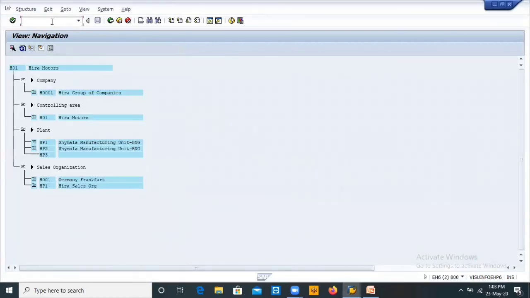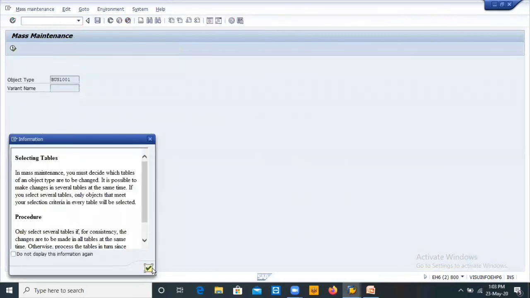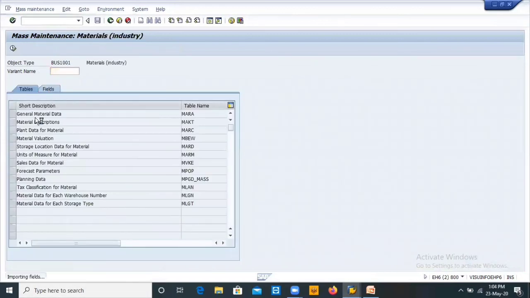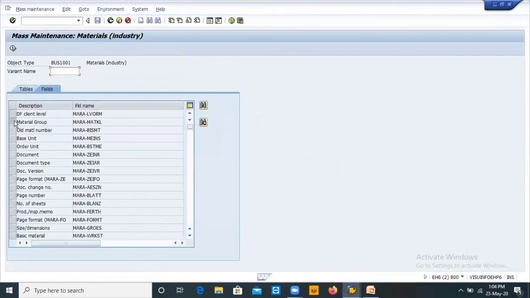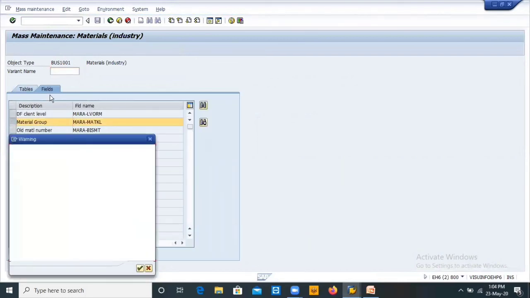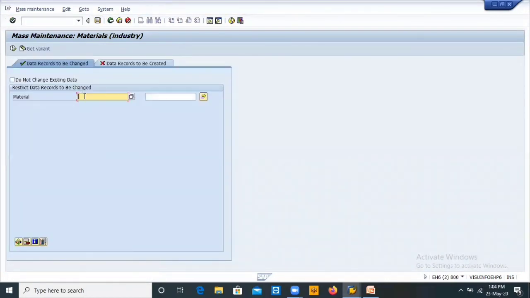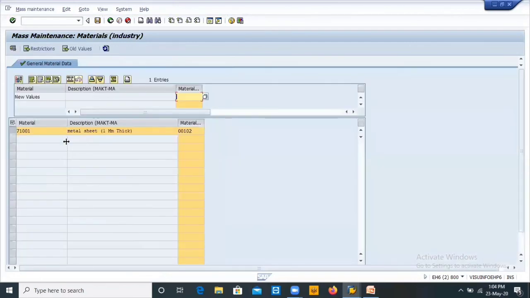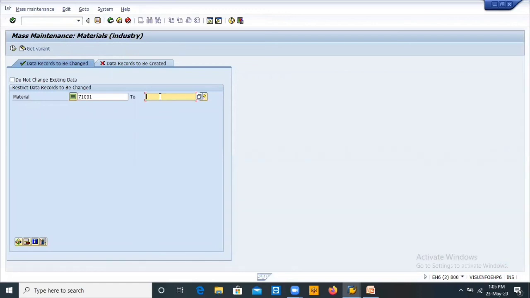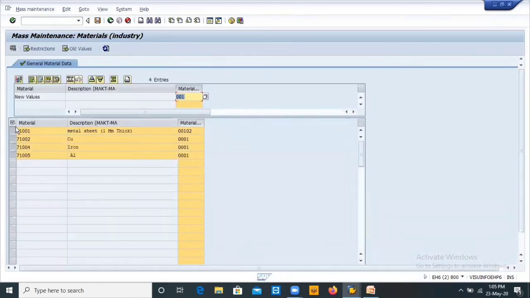Then go to MM17, fields, material group, display. I selected 4 materials, copied them here and clicked display. Is it okay? Here I am giving the number 71005 from 2. Okay, display. Yes, the 4 materials came continuously.